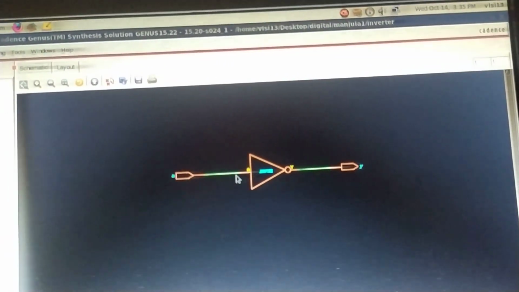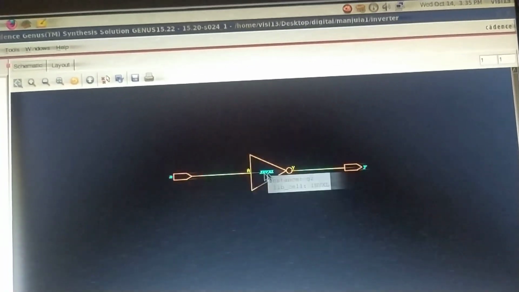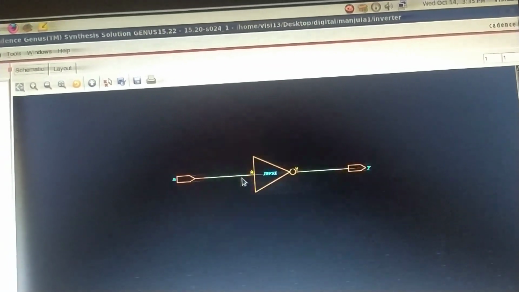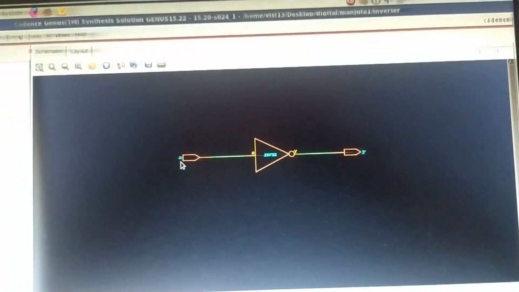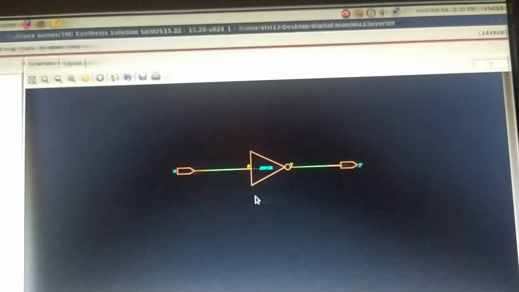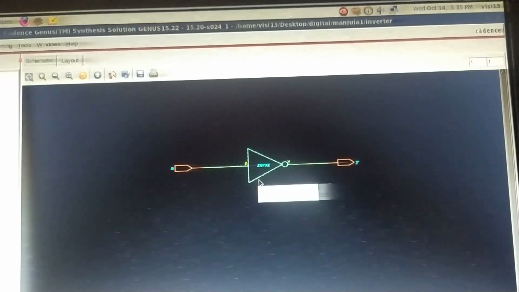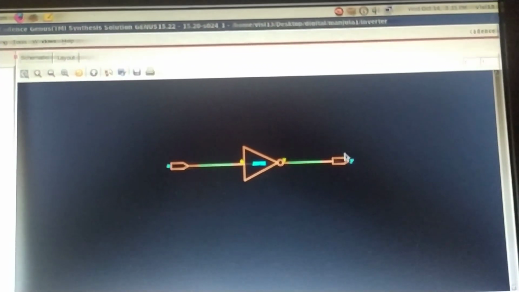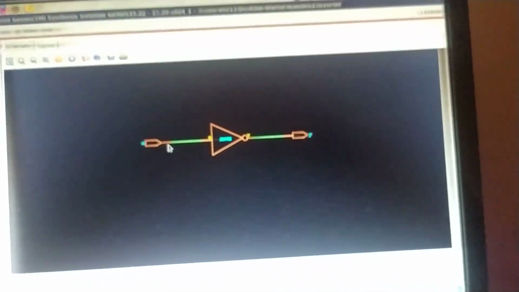These two are going to be mapped. This is the name of the input port for this inverter from the lib, and the A input from the RTL is mapped with the capital A specified in the lib file for the inverter. Similarly Y is mapped. So this is the graphical view.